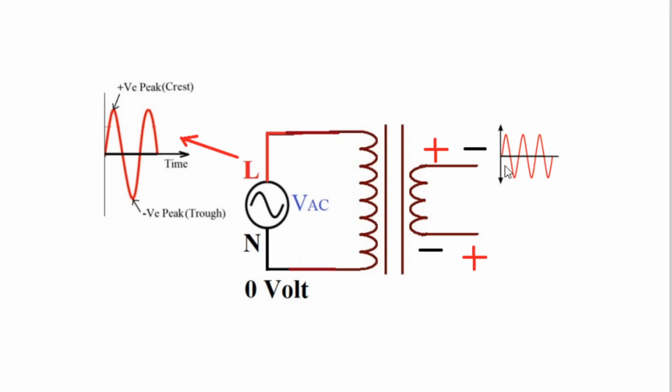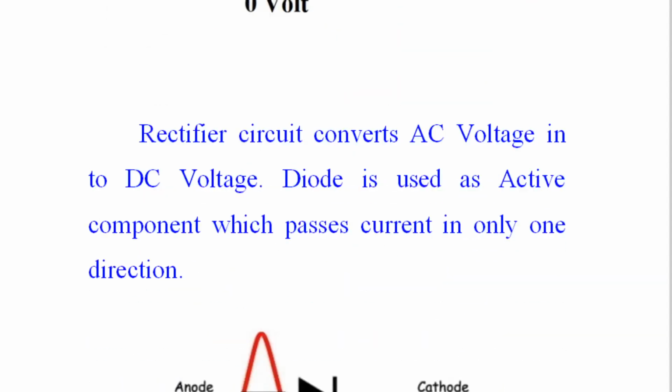And vice versa. When live is going in the negative, and 0 is the neutral voltage, and you compare 0 with the negative values at the live terminal, then as compared to all negative values, 0 becomes positive. Therefore we say when the live terminal is going in the negative half cycle, then neutral becomes positive. Neutral becomes positive in magnitude wise only, but neutral is electrically neutral, and this will help you in understanding the rectifier circuits.